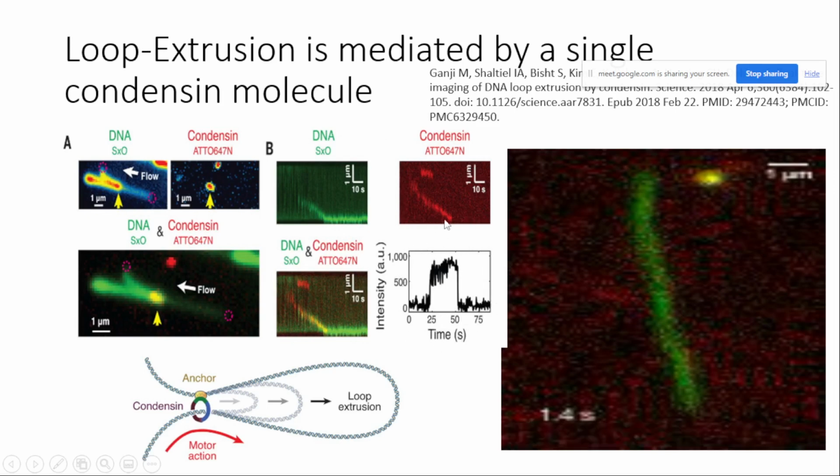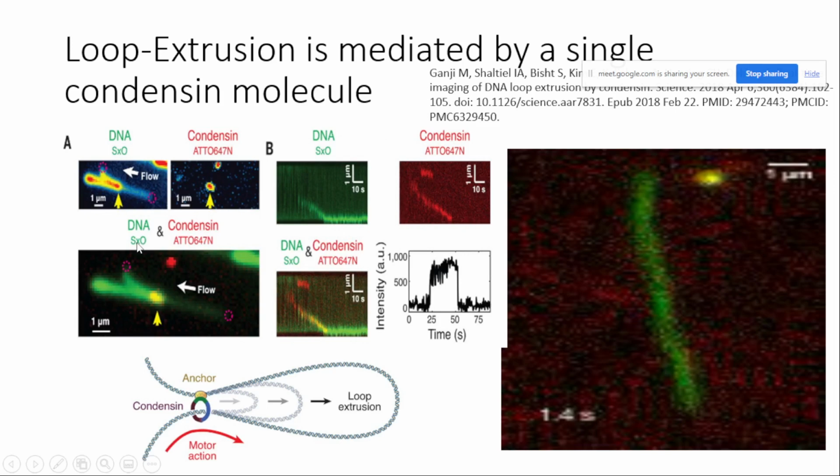So that's why they concluded that there is only one condensin molecule. It is at the molecular level. That's why it is single molecule imaging. And they said that one condensin molecule in this experiment is mediating this loop extrusion activity. And if you see the video here, you will find that before playing the video,